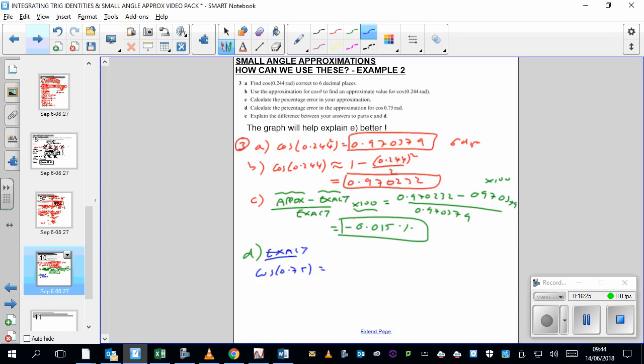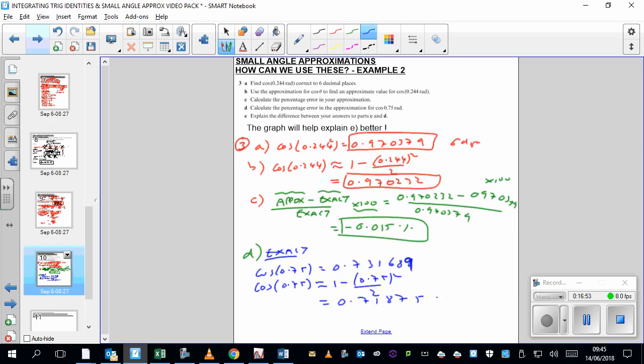So cos 0.75 on your calculator, that's 0.731688, but let's do it to 6dp again, so make that 9, right? And then our approximate cos 0.75 is approximately 1 minus that x squared over 2 factorial, so 2. So 0.75 squared divided by 2, 1 minus answer, and I get